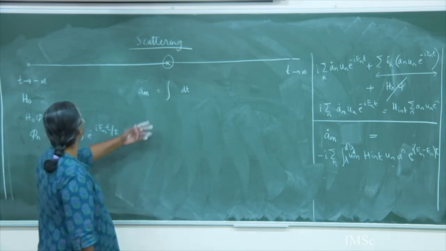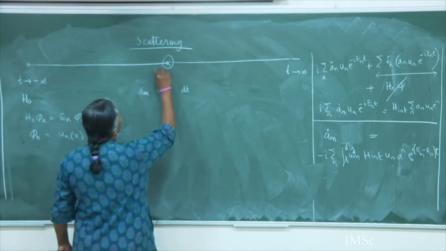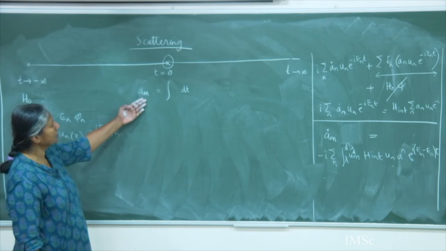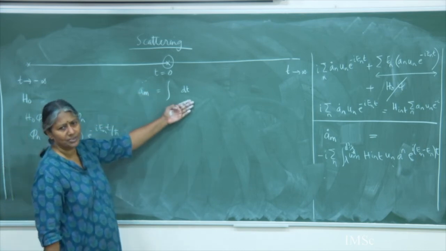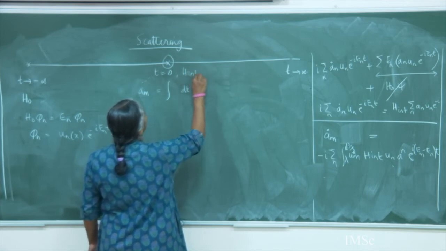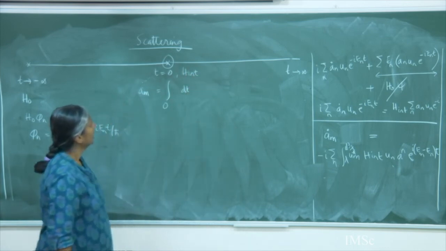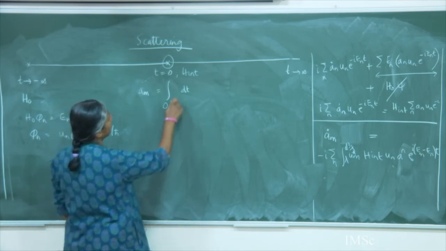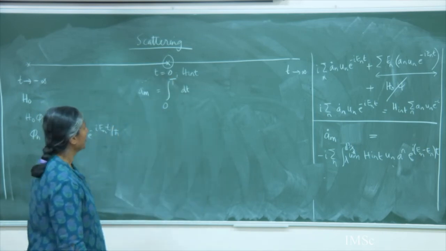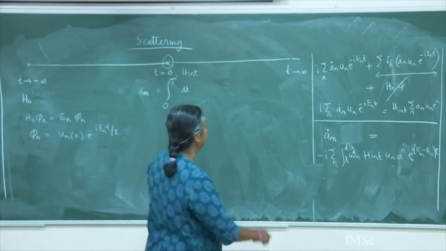Now what is the dt over which I am integrating? Let's say that around t equal to 0 is where we start, because that a_m dot is relevant only when I switch on the interaction. So let us say that I switch on the H_int at t equal to 0, and then I am asking what happens after some time interval capital T. Okay, so this is what I have. So integral dt of this quantity,